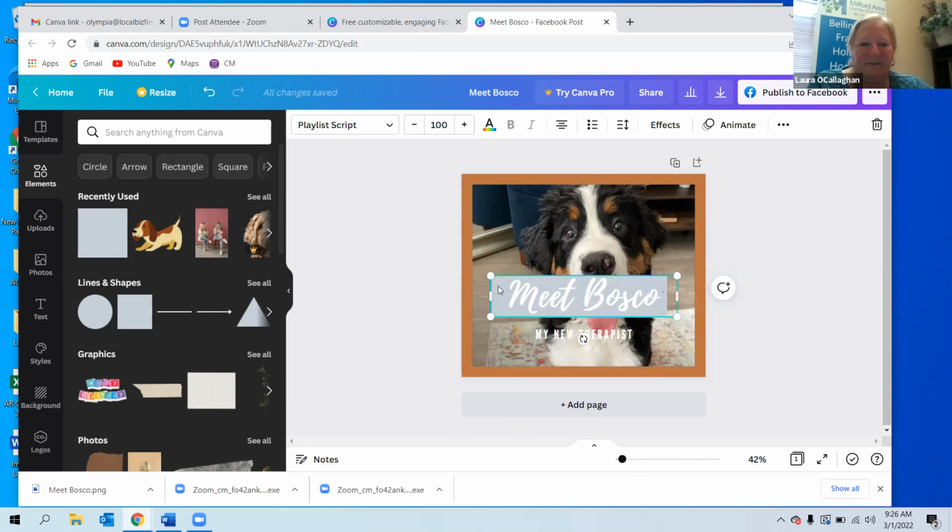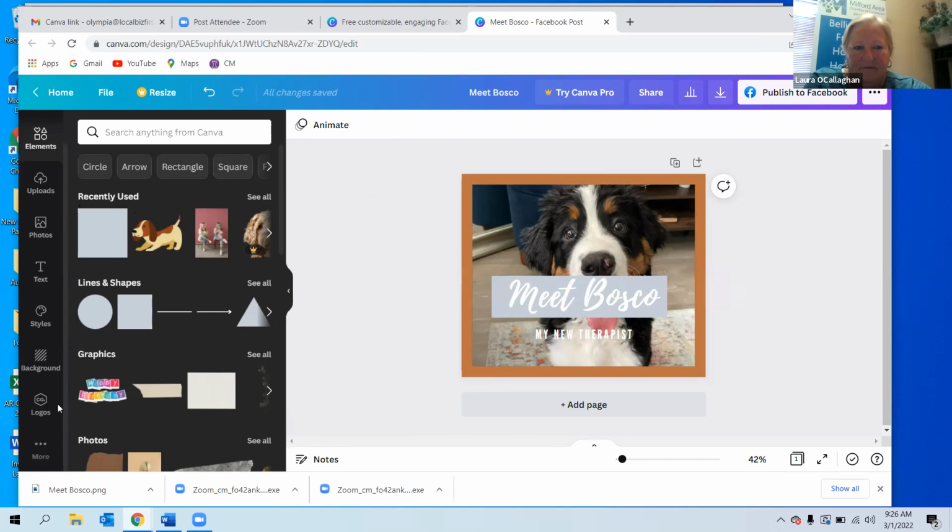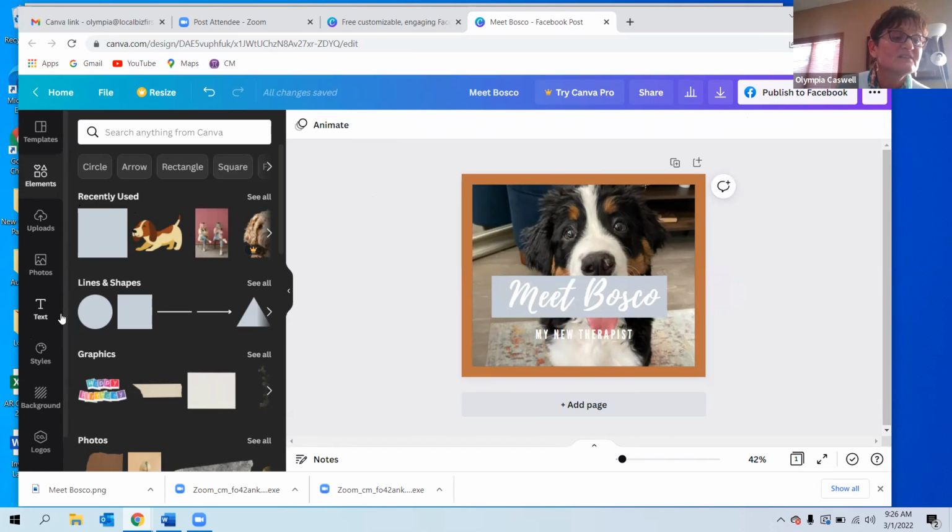But just pretend it's Bosco's birthday and you just want to put a little squiggle up the top that says happy birthday. You can go into the graphics. You scroll down to the graphics. Right there. Move to the right. Okay, you should be teaching this. No, I'm adding on. You can add little words in or whatever you want, but if you go into graphics